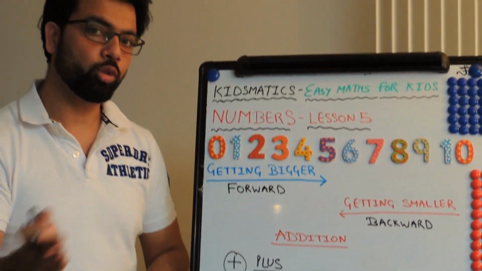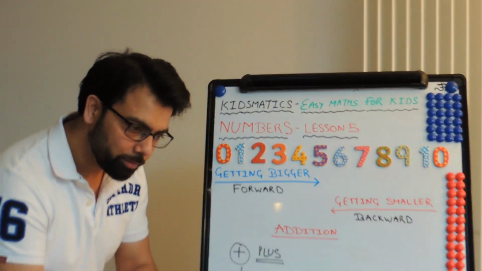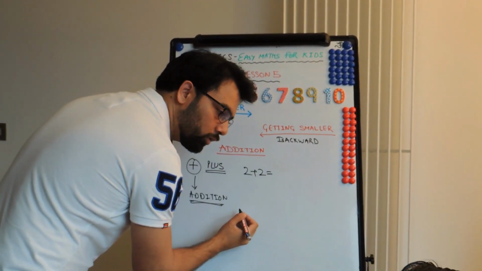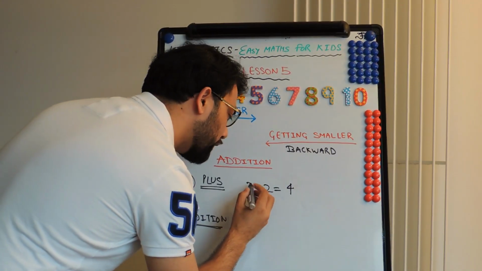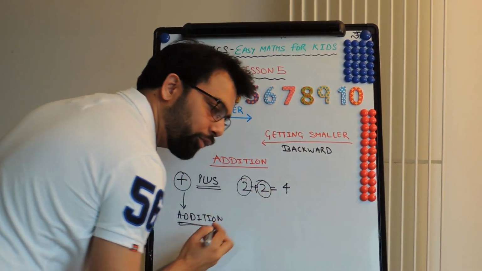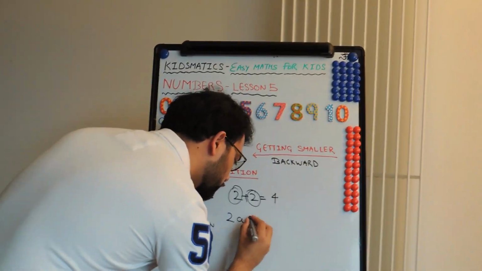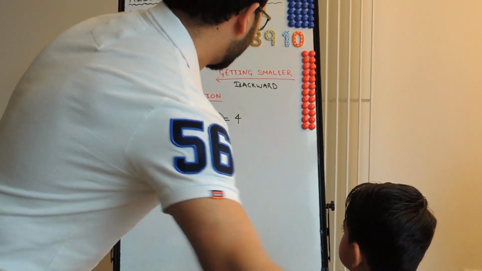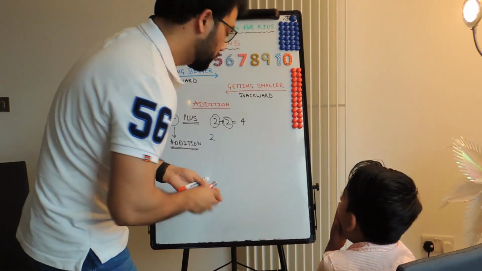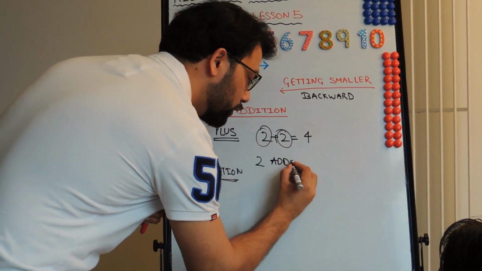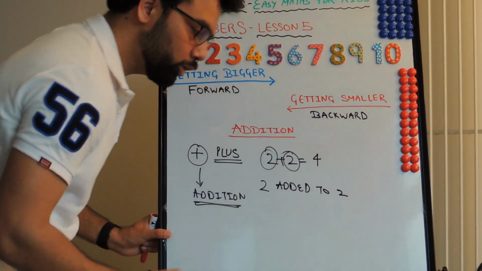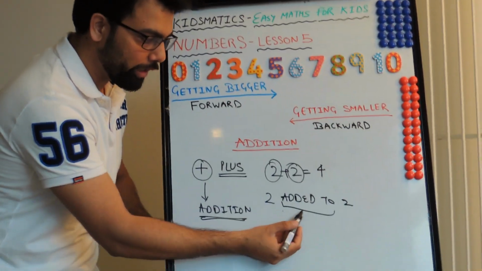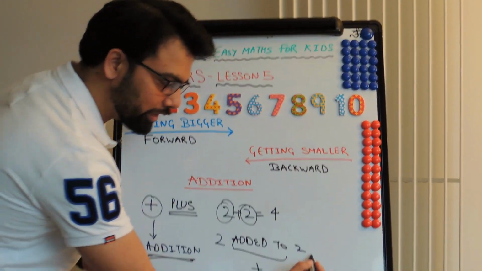But apart from addition, we have so many other words where the addition sum can appear. For example, Harshu, if I ask you 2 plus 2 equals 4, okay. But I could have said the same statement in a different way. Let me write in caps: 2 added to 2. This is the same thing, kids. When I say 2 added to 2, it means the same thing, it is plus. So the answer will be the same,